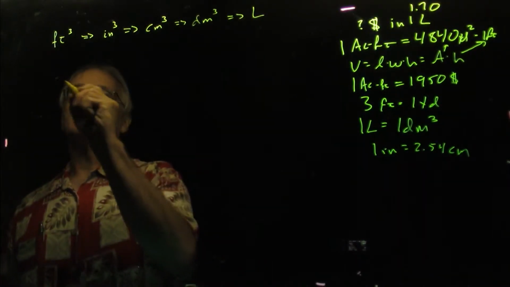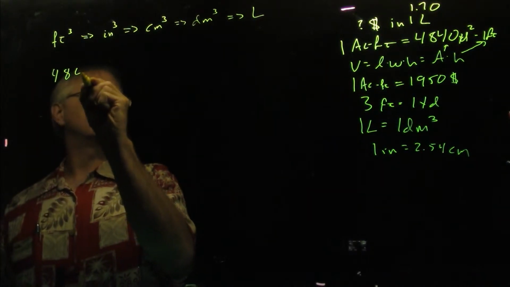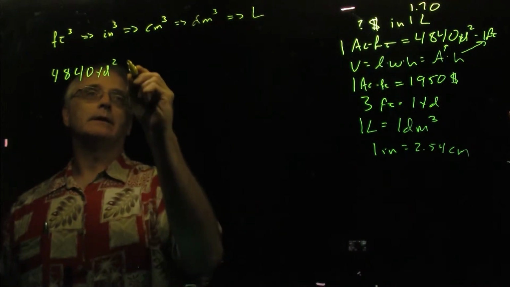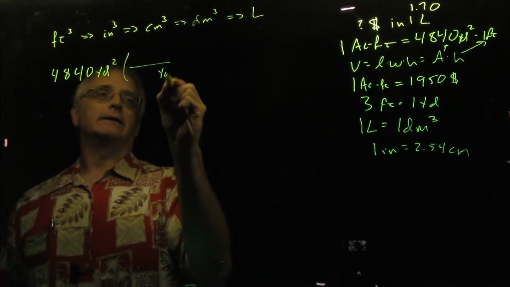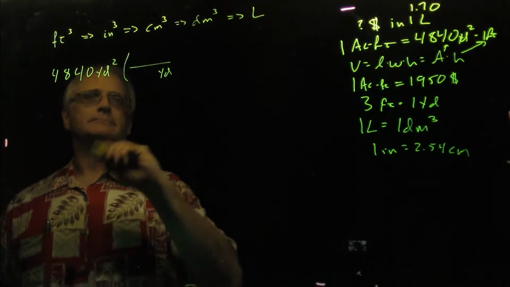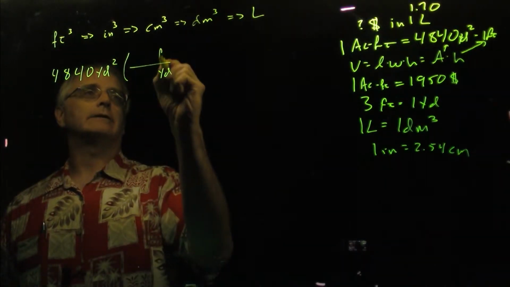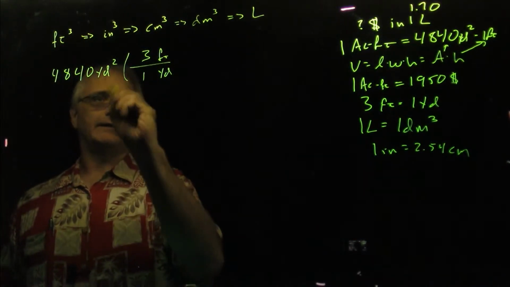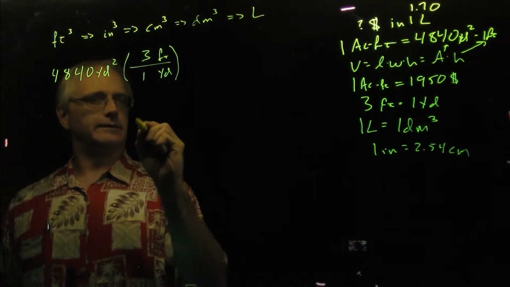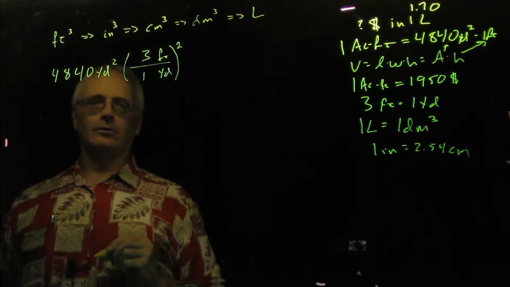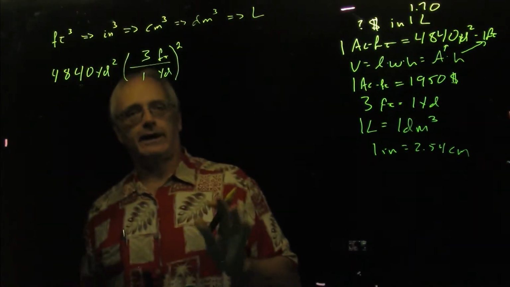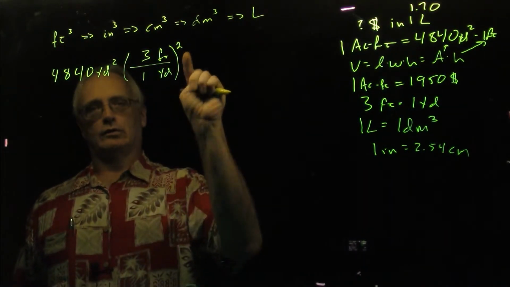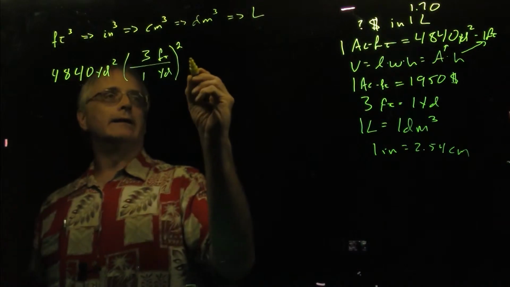Away we go. We have 4,840 square yards in 1 acre. Yards, I like yards just fine, but we divide them out of there. We're going to turn them into feet. Yes, indeed, there are 3 feet in 1 yard. Oh my, that's a square unit. We know what to do about that. Yes, we square the whole conversion factor. So when it comes time to use the calculator, 4,840 times 3 squared. Oh, yes. And that will get us